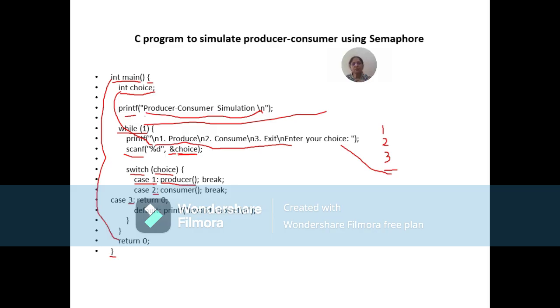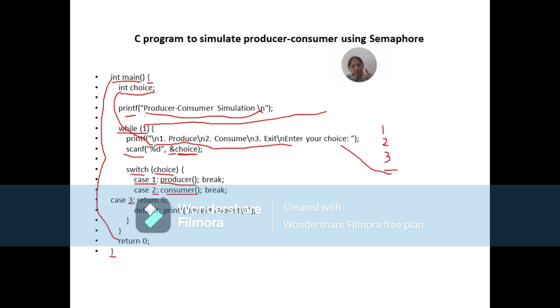The control will go to the function producer. After the control returns back, there is a break statement. So we come out of the switch case statement. If the user enters 2, that means the second condition is true. First condition is false and second condition is true. Case 2, yes, true. So there is a call to the consumer function.